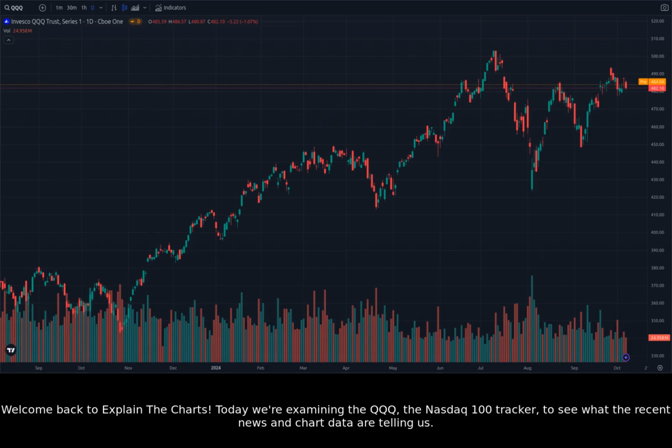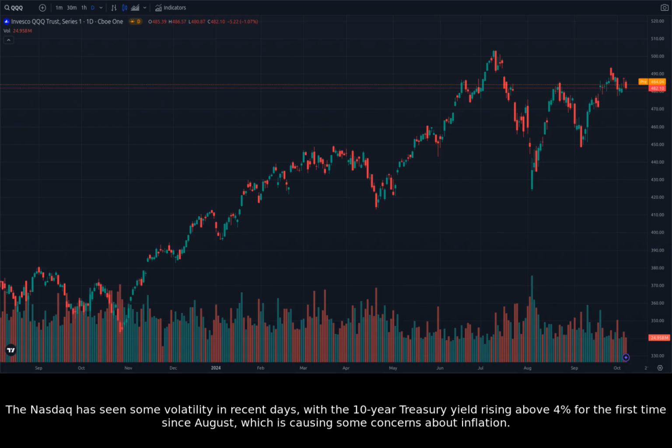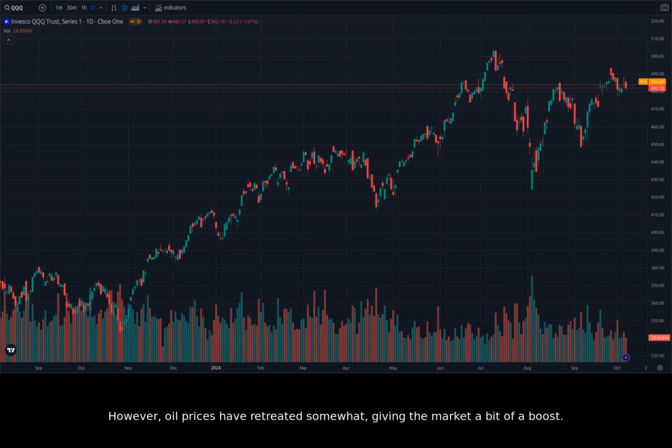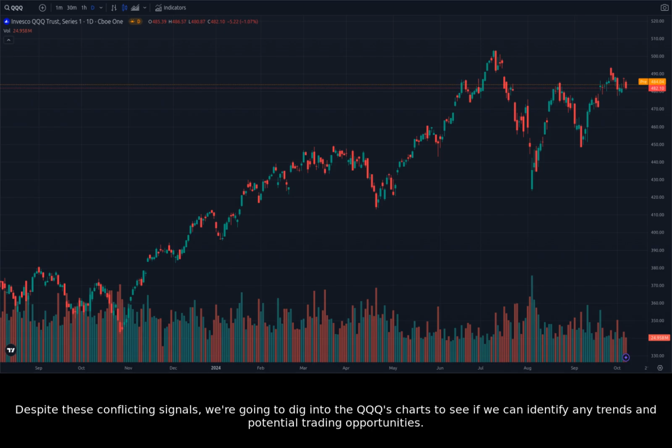Today we're examining the QQQ, the Nasdaq 100 tracker, to see what the recent news and chart data are telling us. The Nasdaq has seen some volatility in recent days, with the 10-year Treasury yield rising above 4% for the first time since August, which is causing some concerns about inflation. However, oil prices have retreated somewhat, giving the market a bit of a boost. Despite these conflicting signals, we're going to dig into the QQQ's charts to see if we can identify any trends